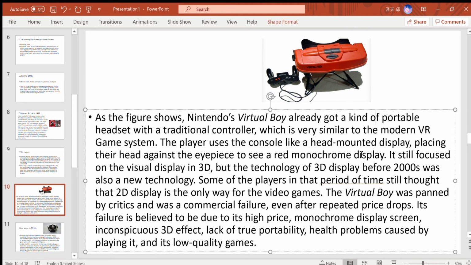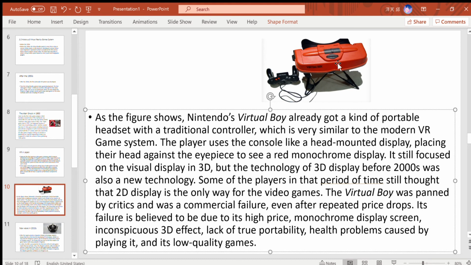Then, after Sega entered the VR system, Nintendo also got in. Because of Atari's shock, Nintendo had turned itself into the biggest game company in the world at that period of time. As the figure shows, Nintendo's Virtual Boy